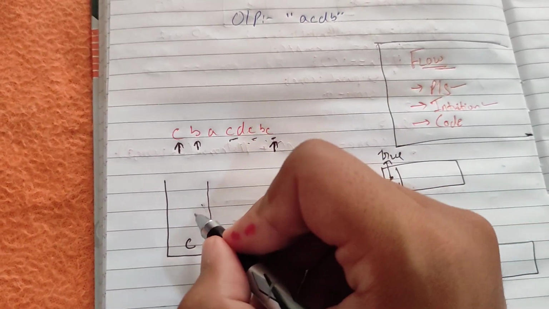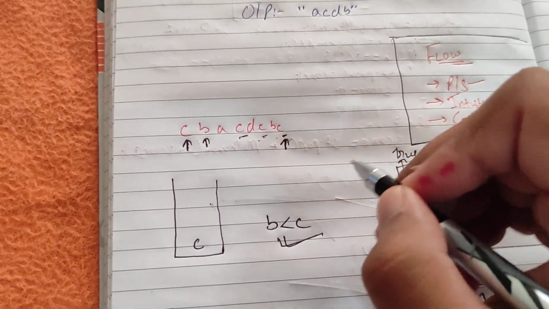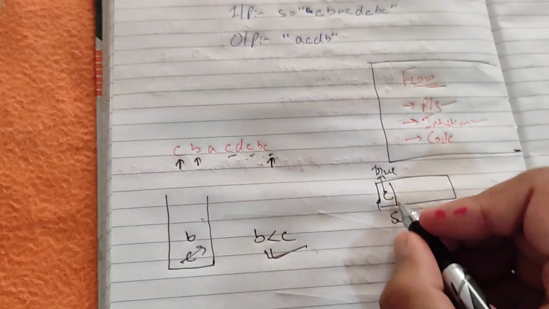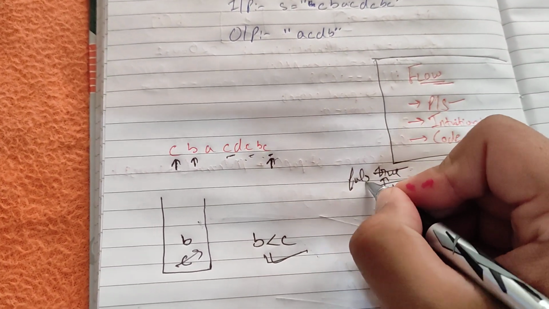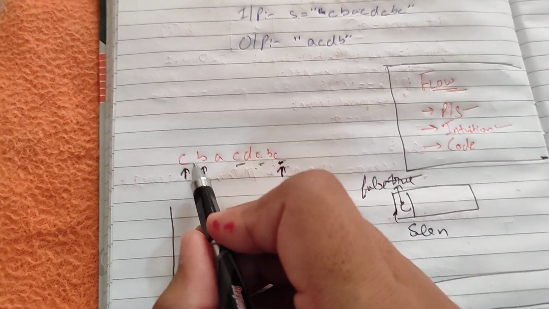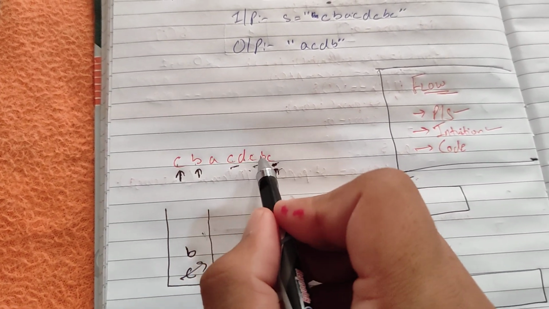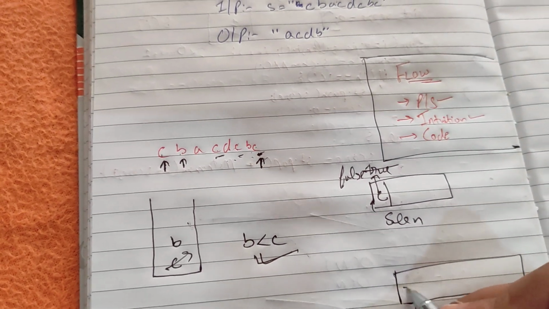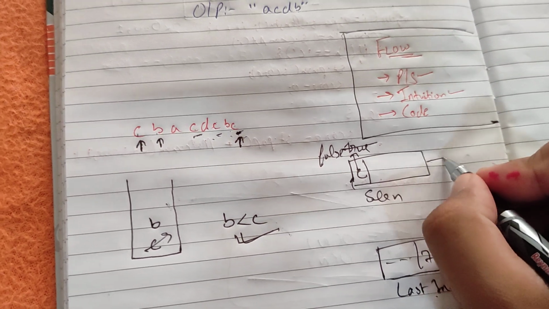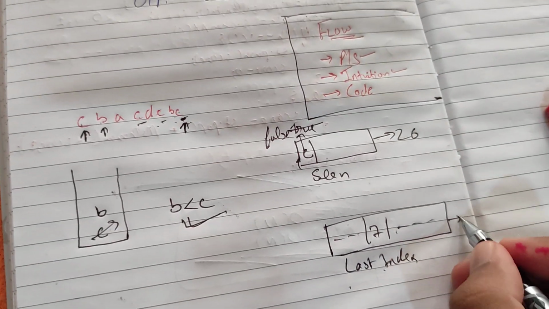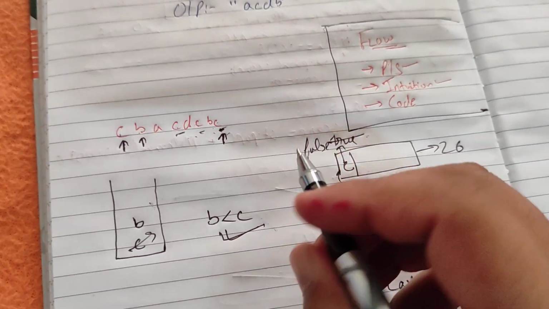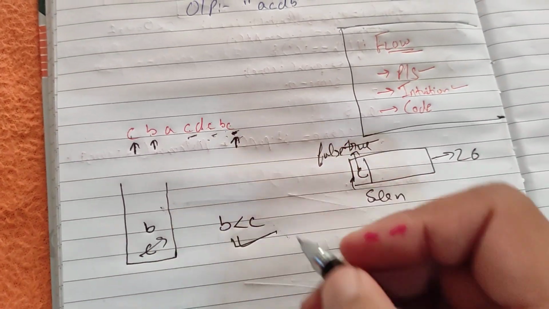I will use my C later on. Right now I don't want C, so I can simply pop it from my stack and put my B on the stack, and I will mark C as false. Then I get the C index, which will be 0 1 2 3 4 5 6 7, so it's 7. I get 7 in my last index array, and this array size will be 26, because in English there are only 26 alphabet letters. Okay, so now I put my B in my stack.